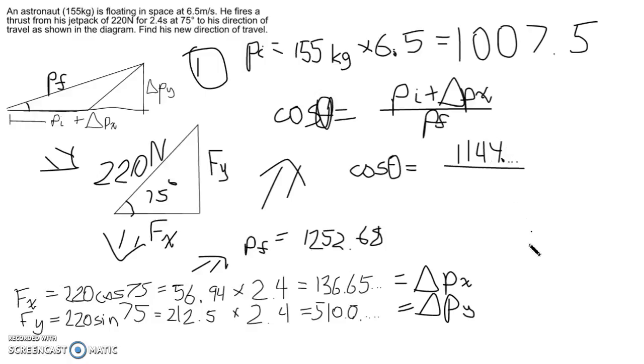I didn't find the first decimal point, but to find that, you just add initial momentum and the change in momentum in the x direction. So you add this to 1007.5. Then you find p, the final momentum, which we just wrote there. We're almost done, we're near the end of the 15 minutes I have. Then you find the arc cosine of this, right? So you take cosine inverse of this. Write that in your work. I'm not going to do that because I'm out of time, and you find the angle to be approximately